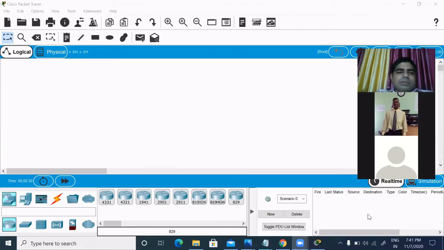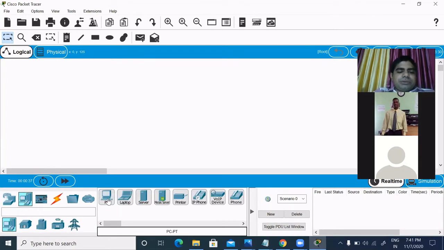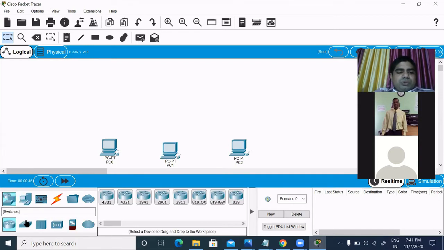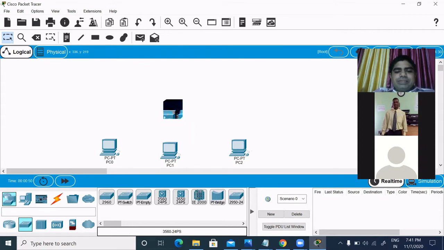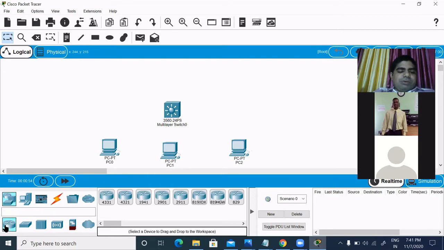So this is Packet Tracer. What we will do is take 3 PCs, first PC, this one, second and third. We will take a switch which has layer 3 functionality, just this one, the multi-layer switch. And then we will take a router.